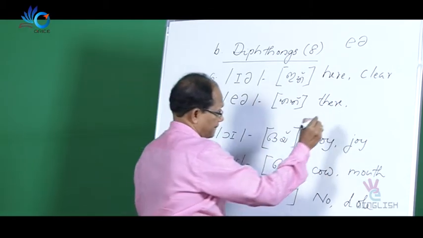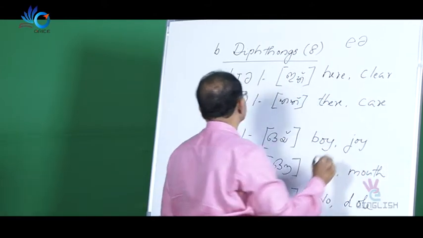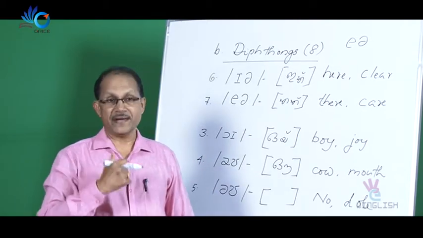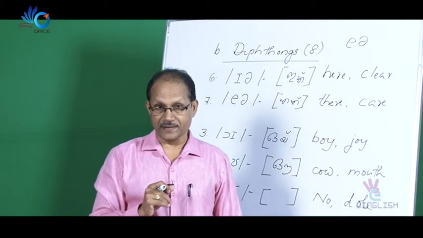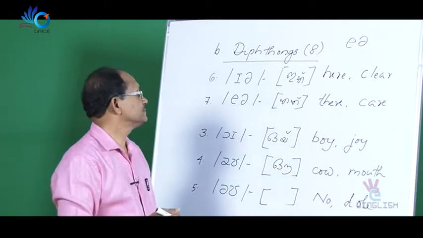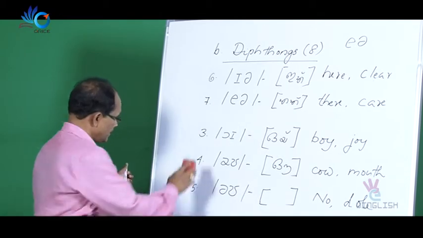Care, B-E-A-R, the animal bear, air. A-I-R, air. So, that is the seventh diphthong, and the eighth one,